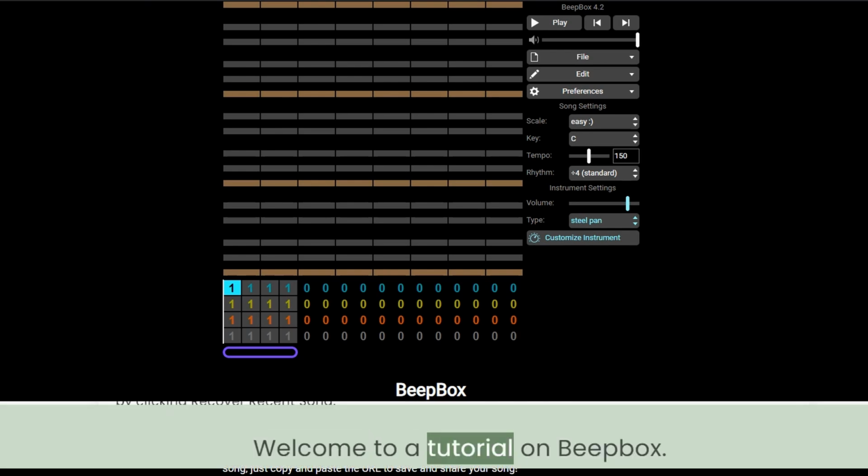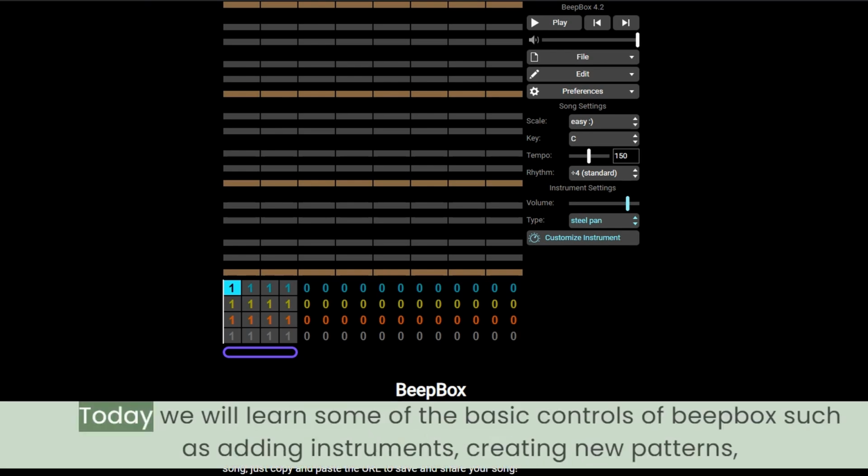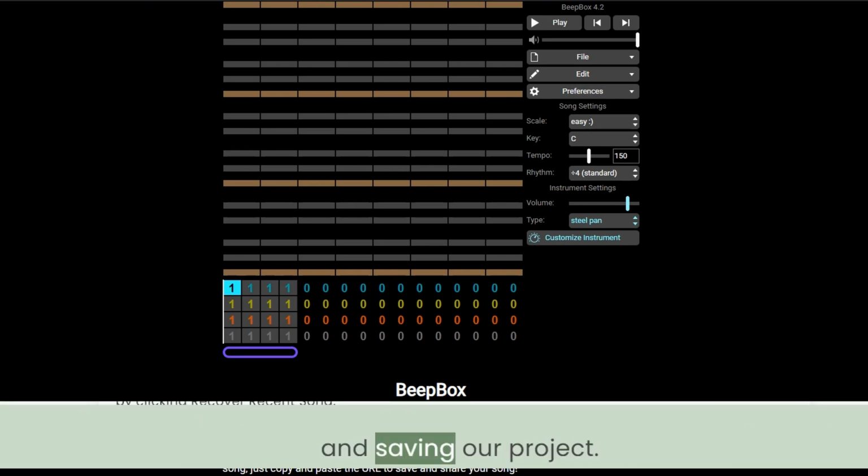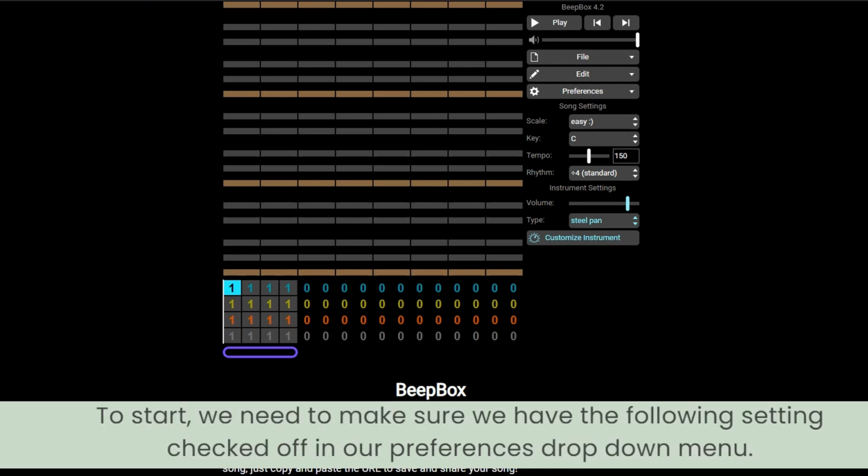Welcome to a tutorial on Beepbox. Today we will learn some of the basic controls of Beepbox, such as adding instruments, creating new patterns, and saving our project. To start, we need to make sure we have the following setting checked off in our Preferences drop-down